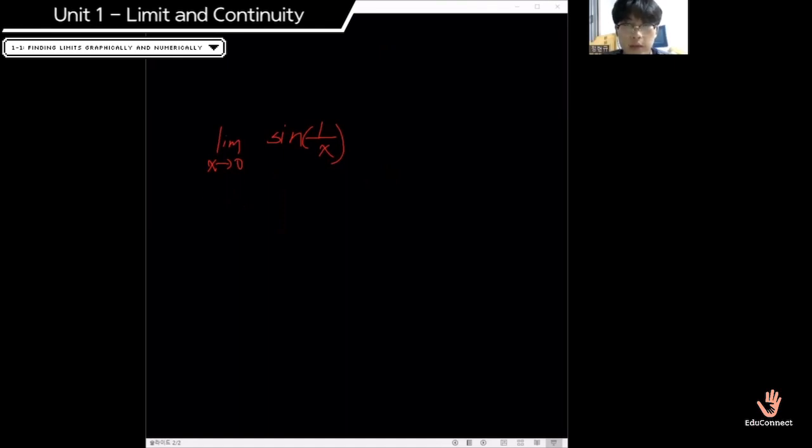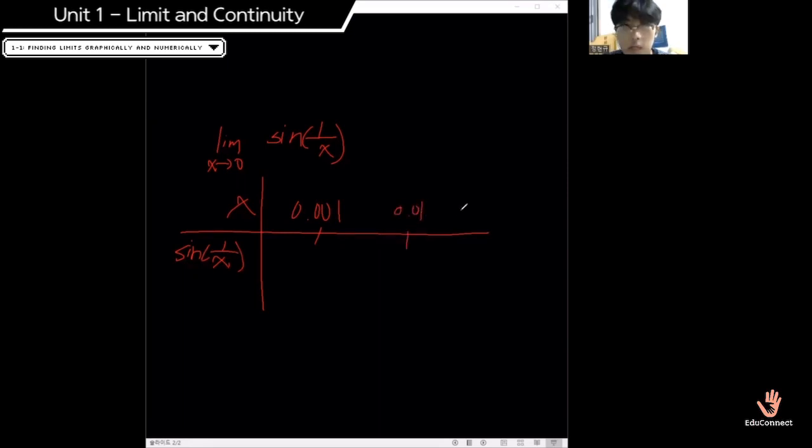Let's look at x approaching 0 from the right side. So we are going to have x equals 0.001, 0.01, and 0.1. If we evaluate the function at these 3 points, we get